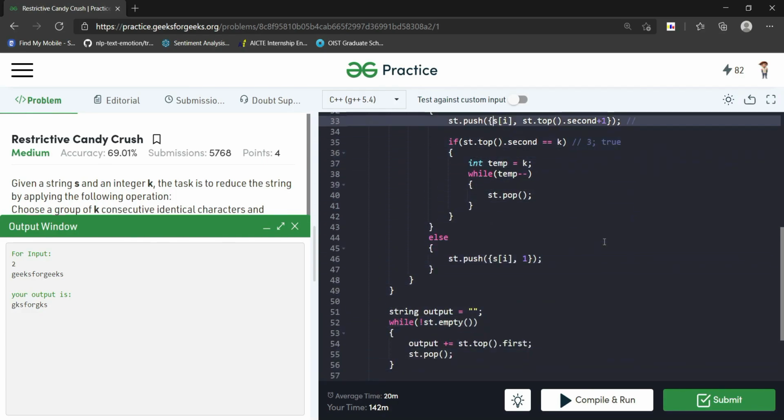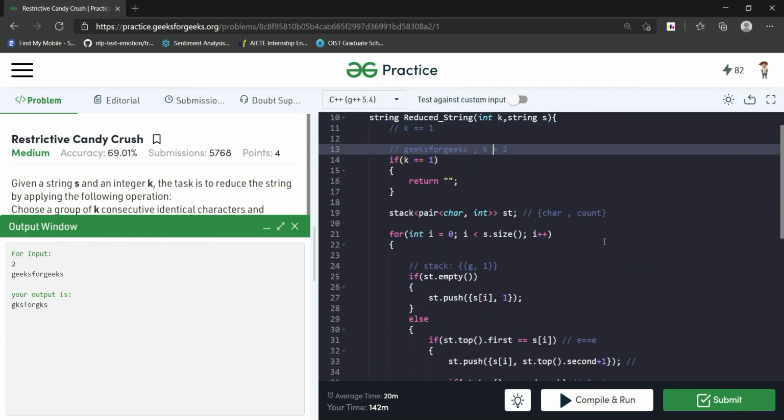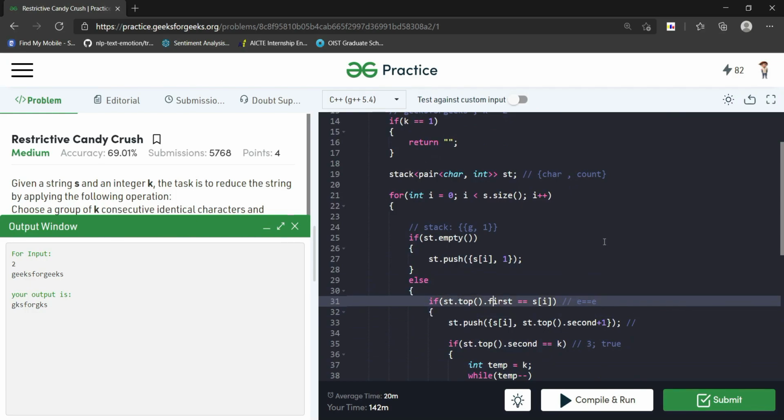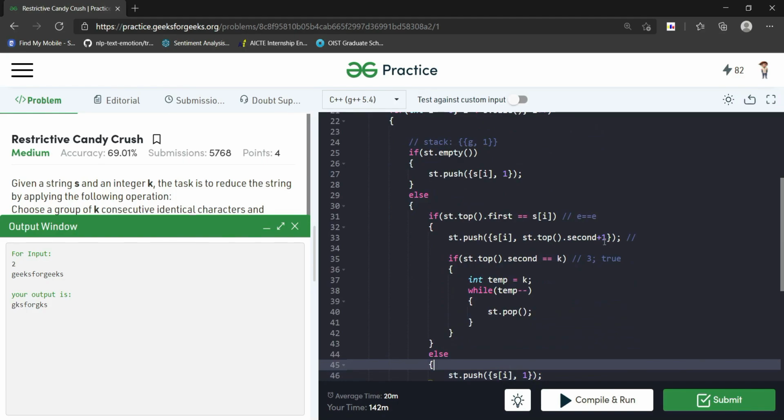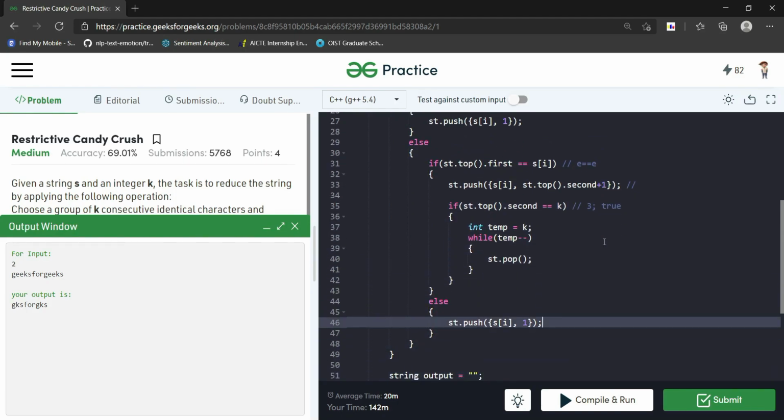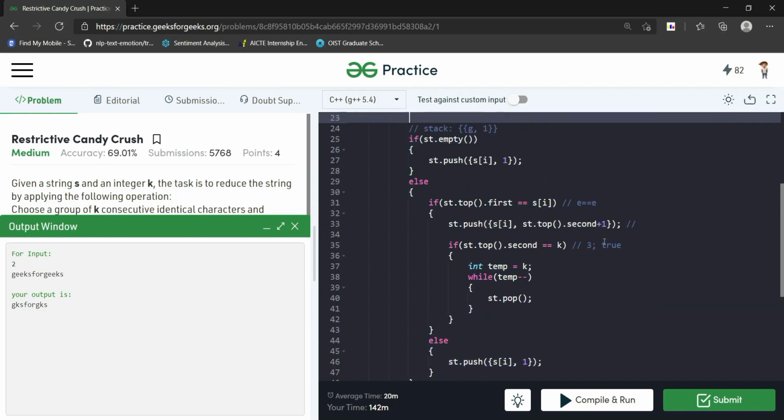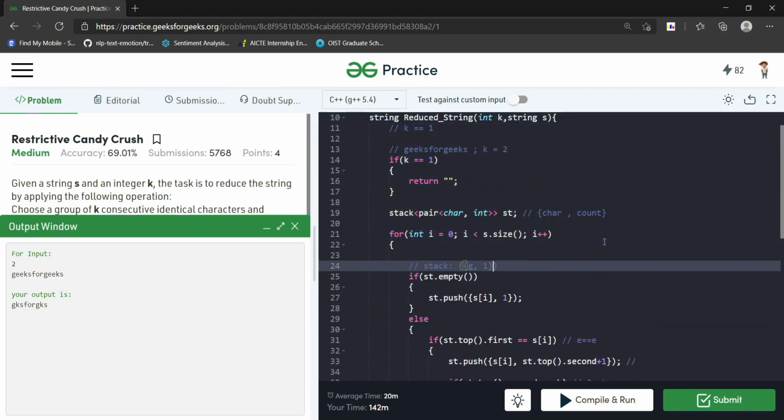Now we'll come over to this loop again and we come over to k over here. So now we come over to k and we see that the stack is not empty. The stack has g comma 1, right, as a pair. So we come over to the else part and we see that the top of the stack is g and the element we have is k. So we don't have to come over here. So now we come over to this part. So we push k comma 1 to this stack,